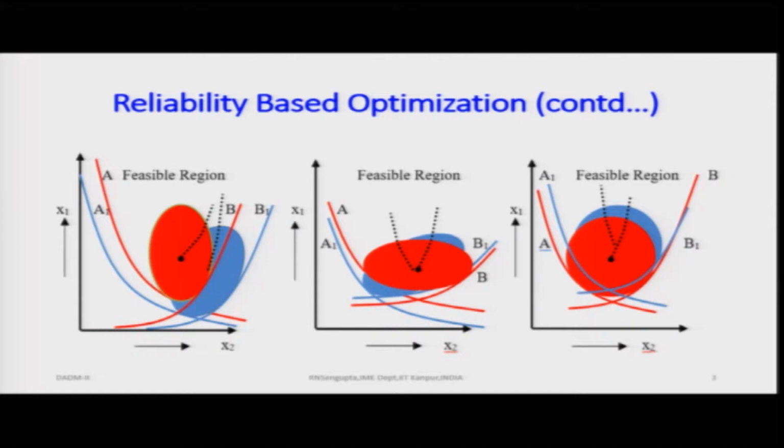So, as you keep changing the level of reliability, the overall feasible region, as I already mentioned, will decrease. Hence, the movement of the center of gravity, or the loci, would basically trace out the reliable solution based on the reliability which you have placed for your problem.